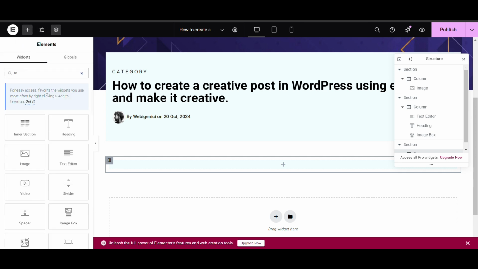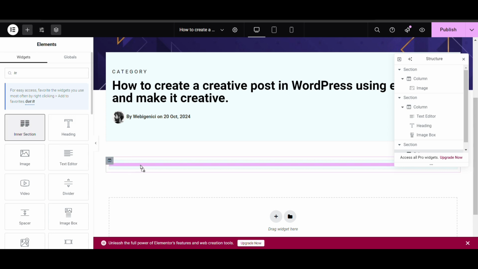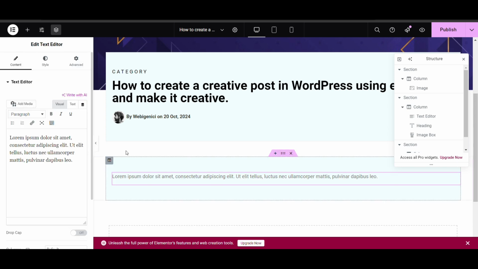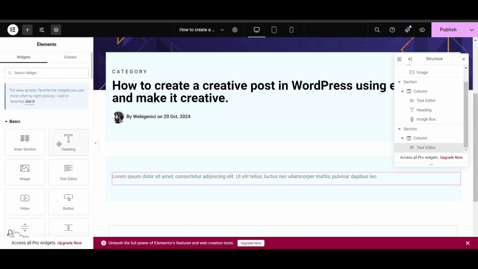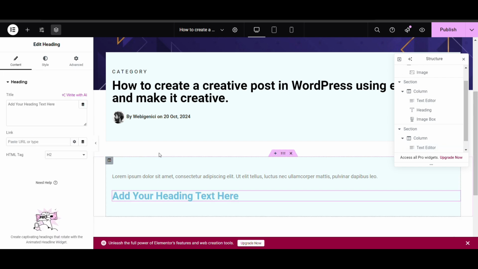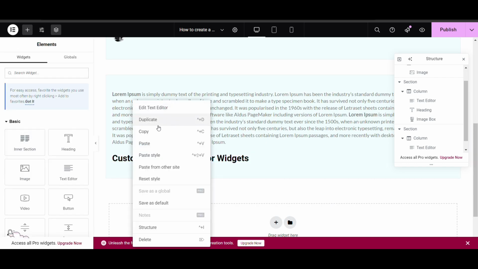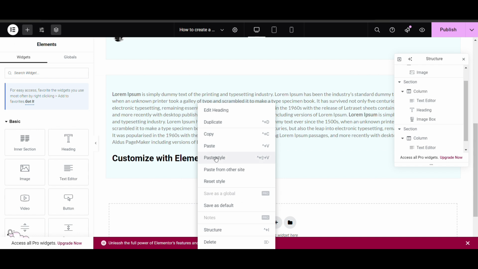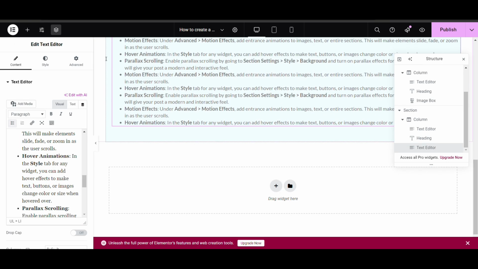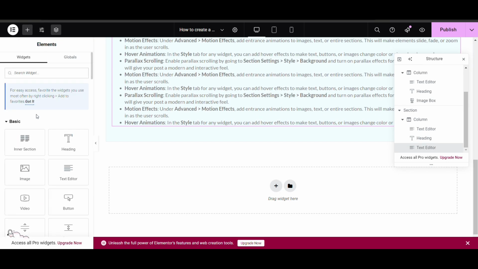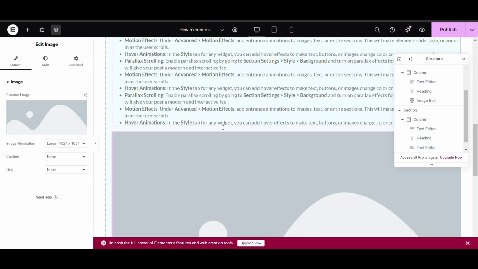Now let's add a section, content inside it. There will be text first. Then I want to add a heading here. Then you can add a section. Then click on add. Then again here we have added.